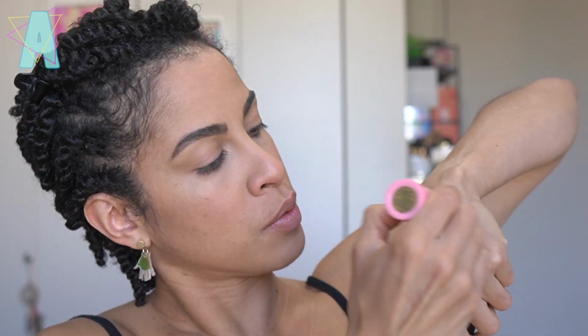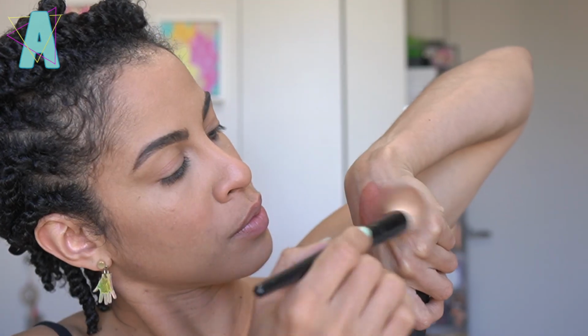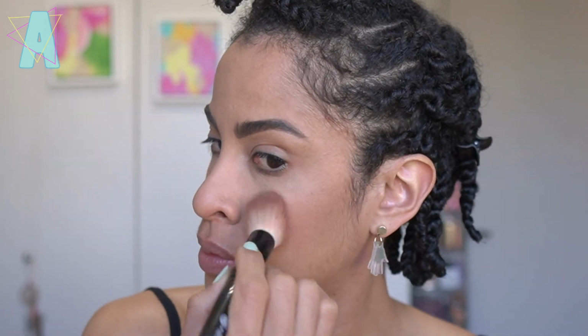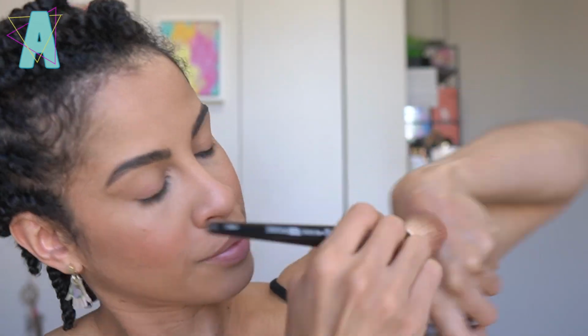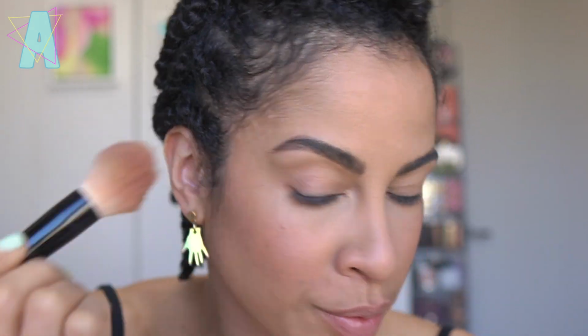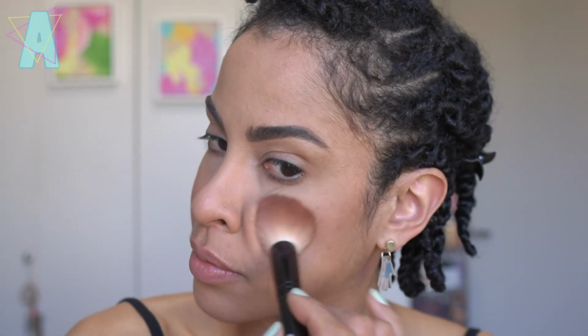Here's the thing with the Color Bomb Stick. You either have to tap the brush directly on the stick as you saw there, but I think the best way to apply this product is in this way. Emulsify that sucker on the back of your hand and then take the brush, tap on your cheeks. That will ensure the most even blotch-free application, because when you use your fingers, you will run the risk of it appearing uneven, lifting foundation off your face. Tapping with a brush in this manner will help the color lay down evenly in a way that looks fresh